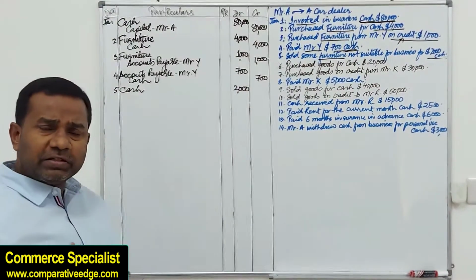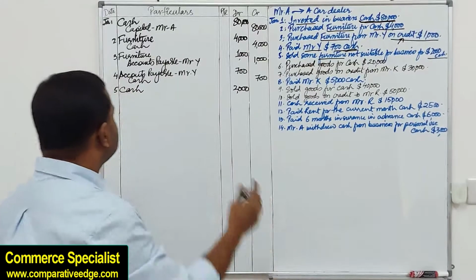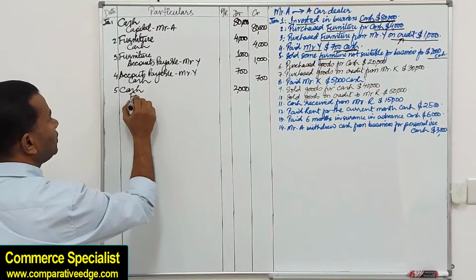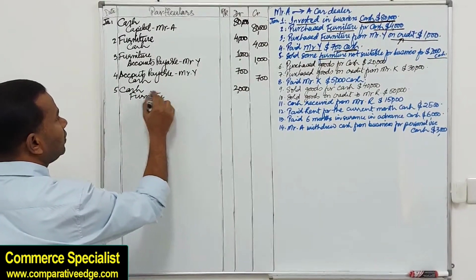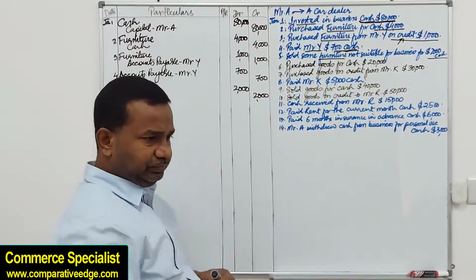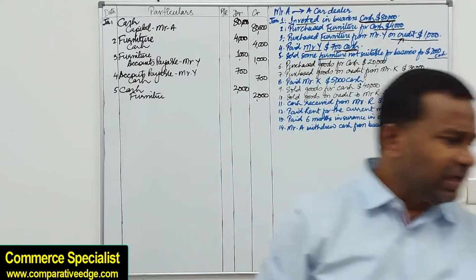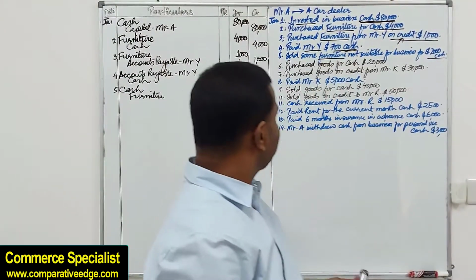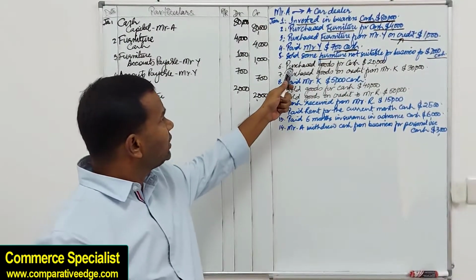And furniture, now that it is gone, I'm going to credit that. So furniture credit 2,000. Furniture sold. Now what is happening is, if you look at the next transaction, I've written in this transaction number